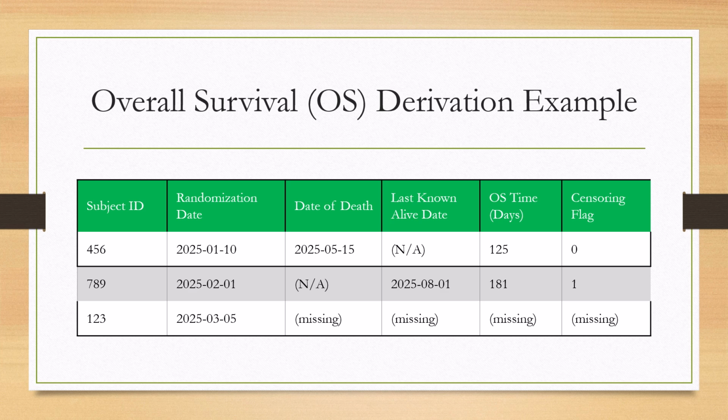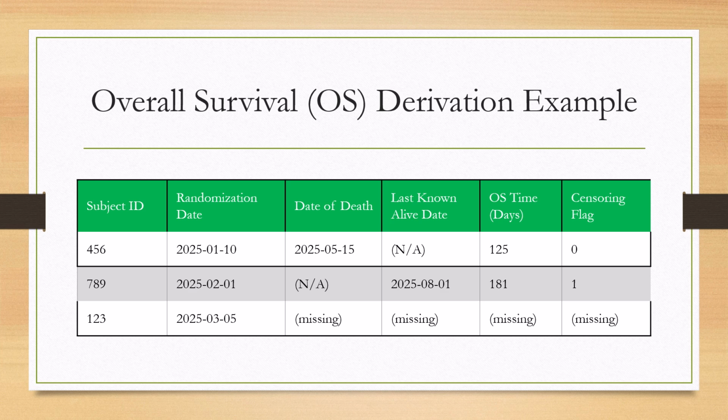The OS time will be derived as the last known alive date minus the start date, which comes out to be 181. The third scenario is a scenario where the subject has missing dates. We have the randomization date, that is the 5th of March 2025, but we do not have the date of death or the last known alive date. So in this case, the OS time is